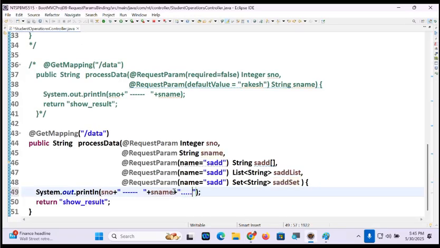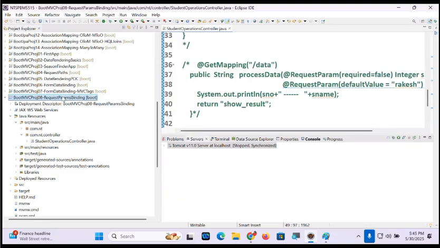Okay, I'm not printing here, but let's print here also. Dot, dot, dot, SADD list. Dot, dot, dot, SADD set. That's cool.